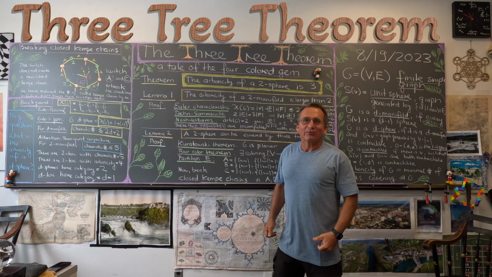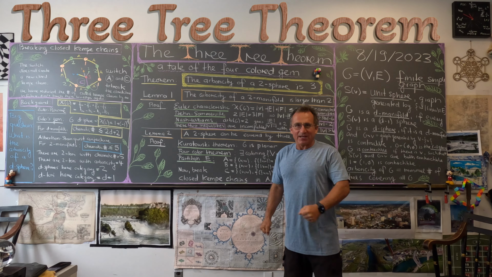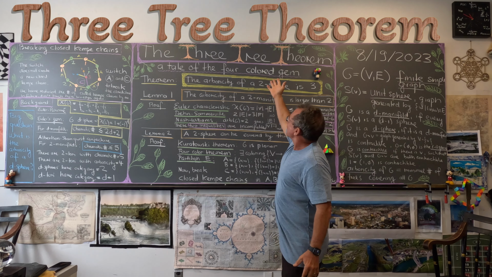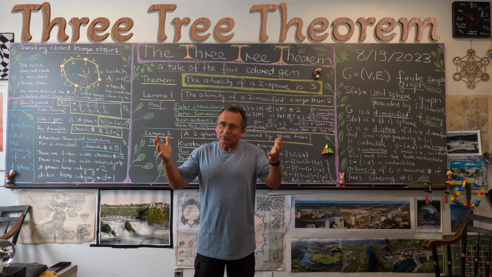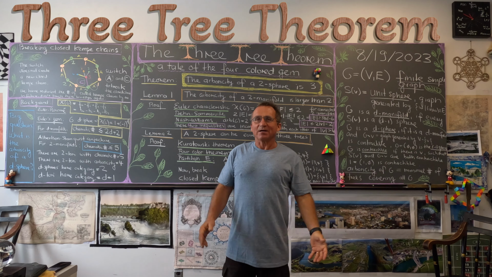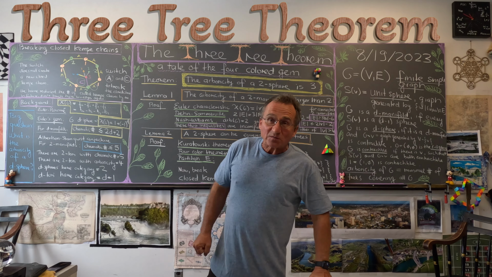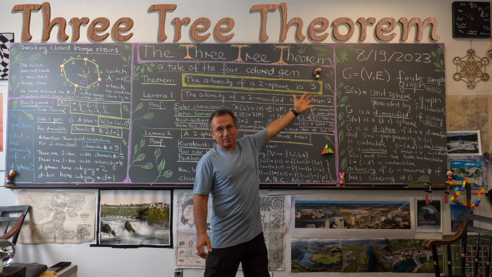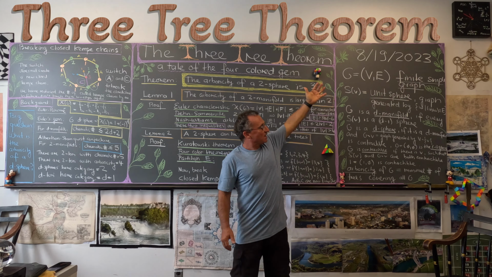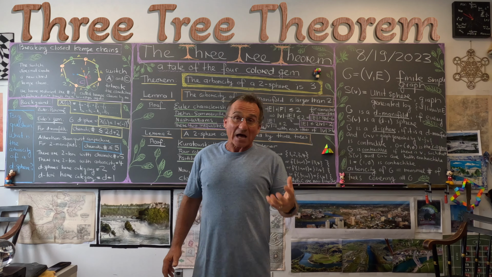Welcome. Let me tell you the story of the three trees, and it's also a tale of the four-colored gem. Combine two beautiful things in mathematics, the four-color theorem and the Euler Gem formula. So the theorem deals with graphs, finite simple graphs, and I have here the definition again of what a manifold